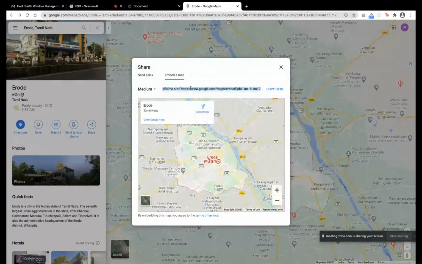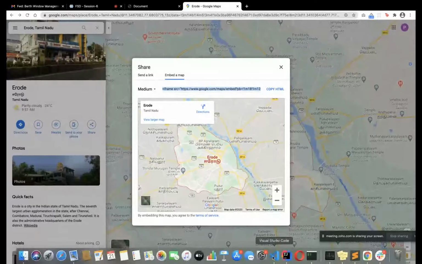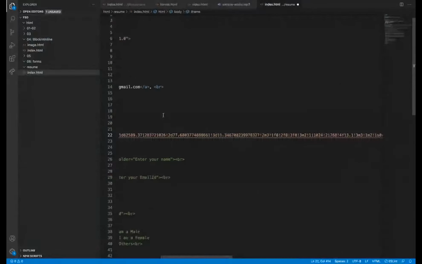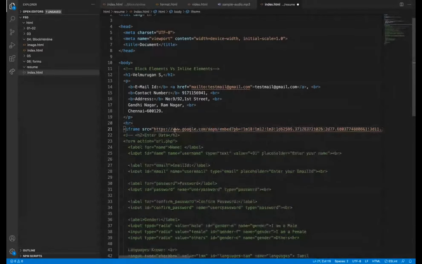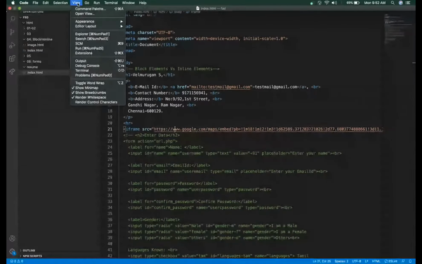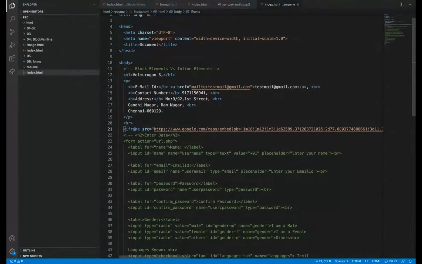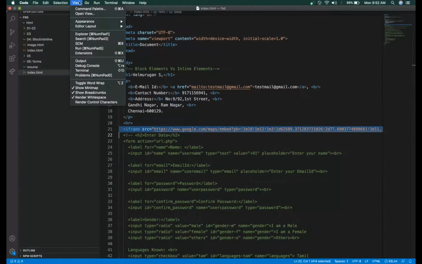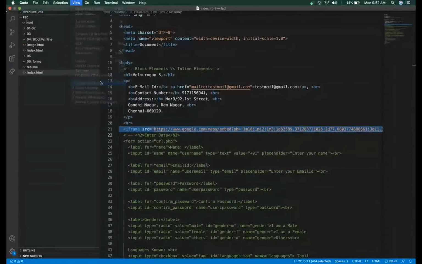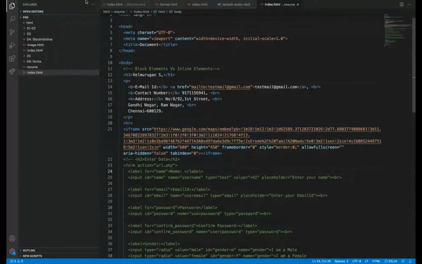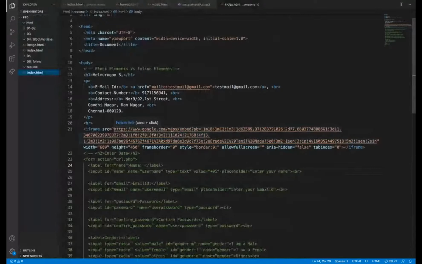For example, in Google they give it in the same tag itself. There will be something called toggle wrap. Yes, toggle wrap is used to wrap this because it is in the same line and we could not see. So I have selected that and then I gave toggle wrap.